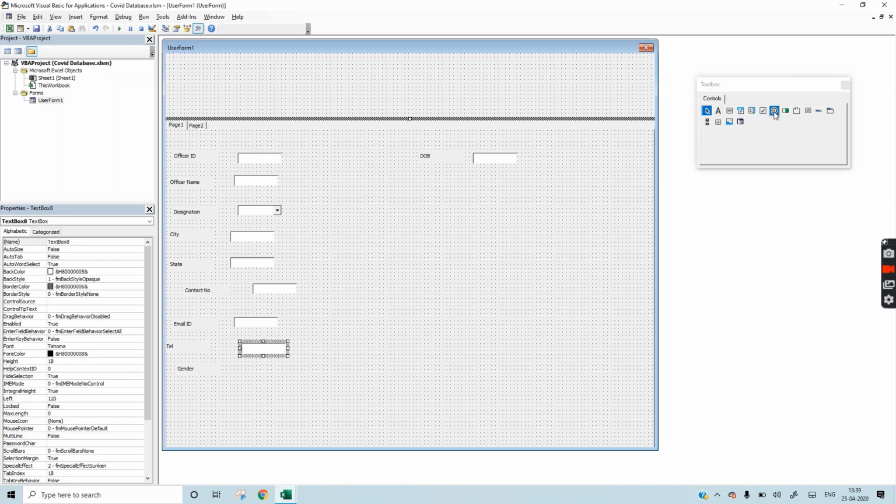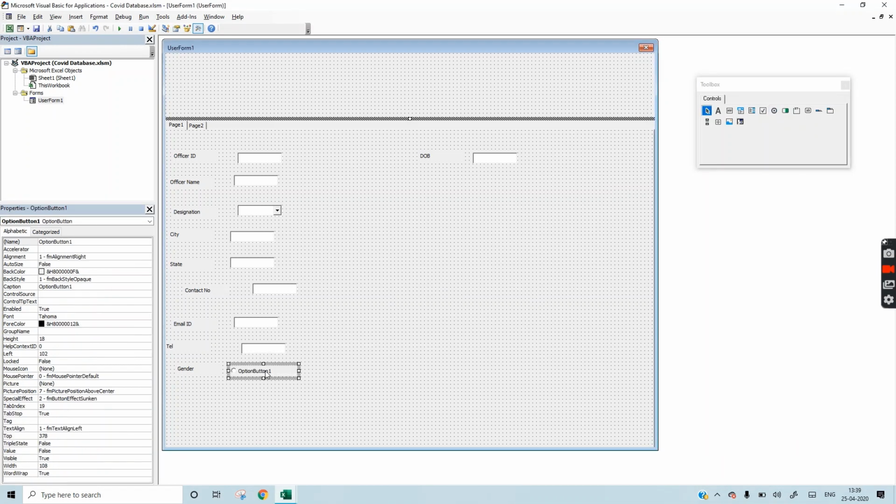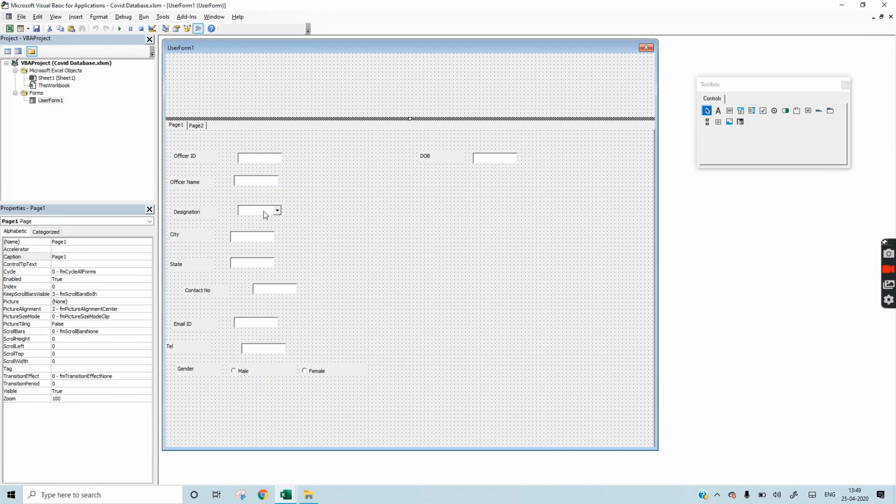In gender, we will select this option button. An option button is for true or false, or male or female. We will rename it here. Now we will insert command buttons.